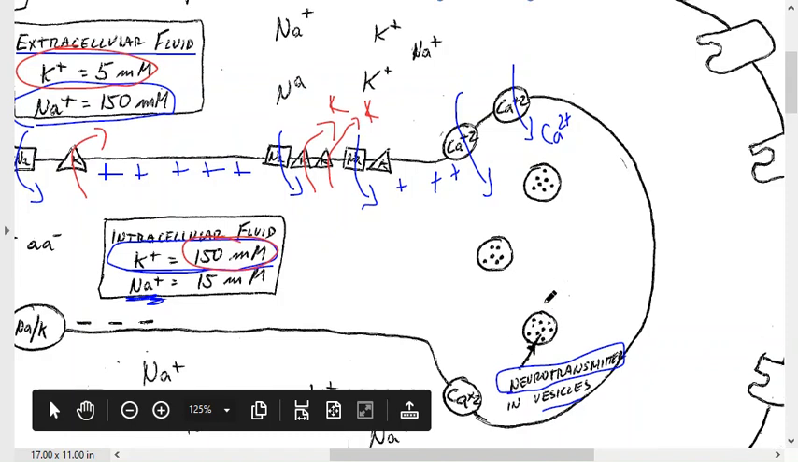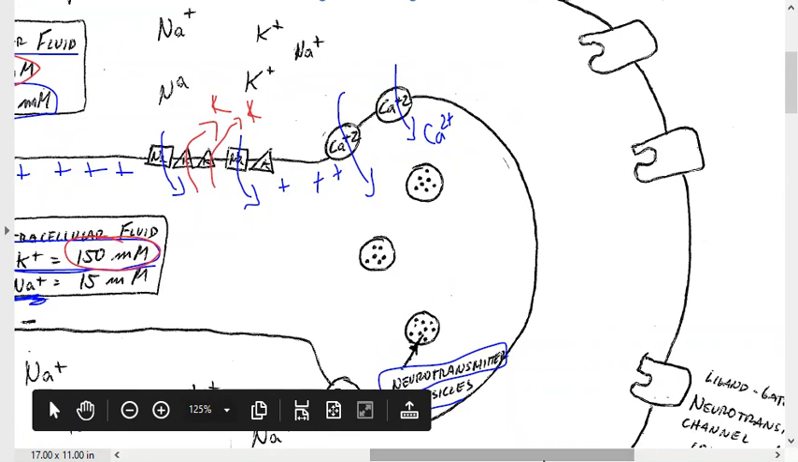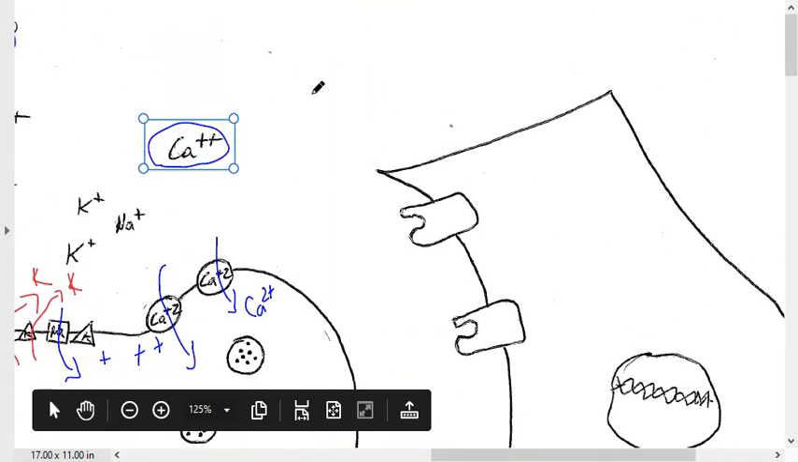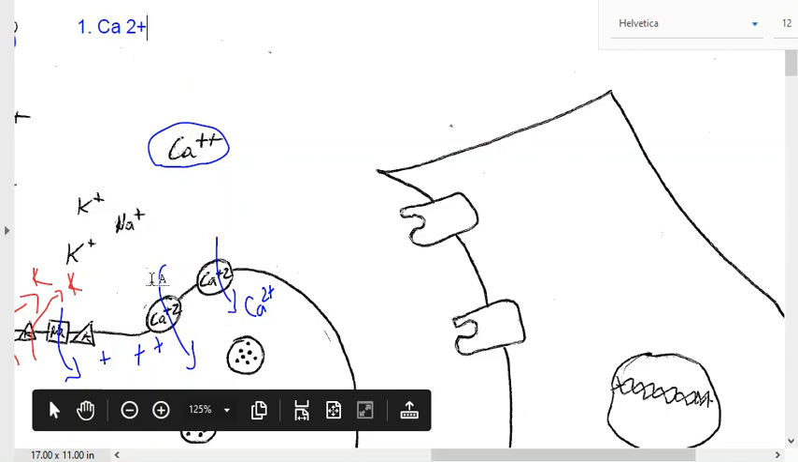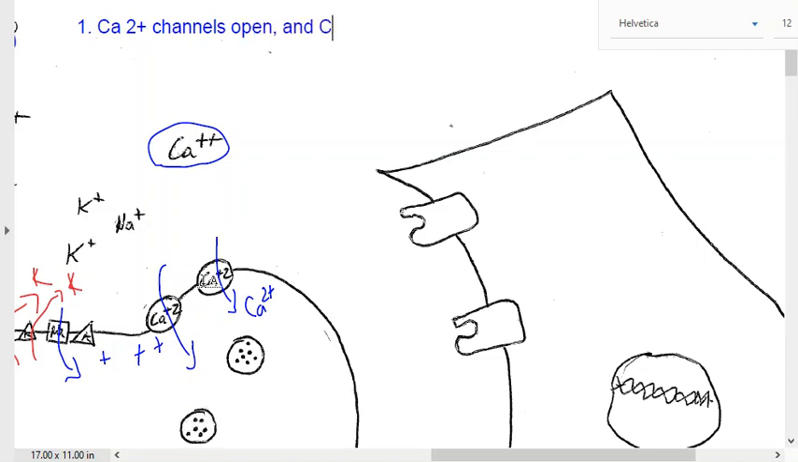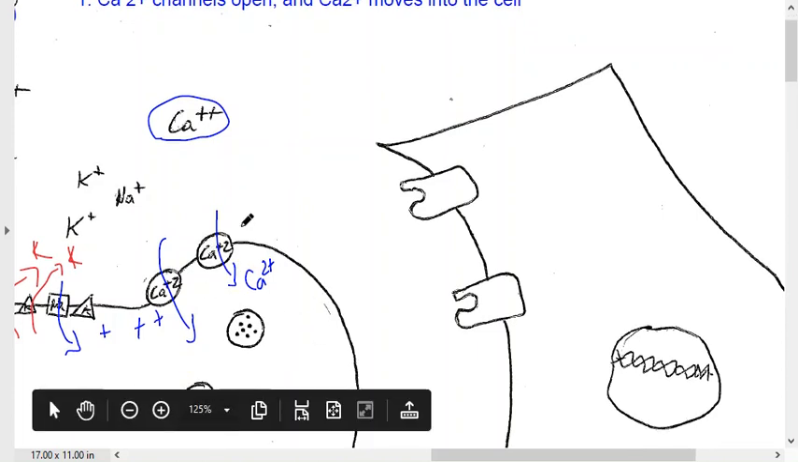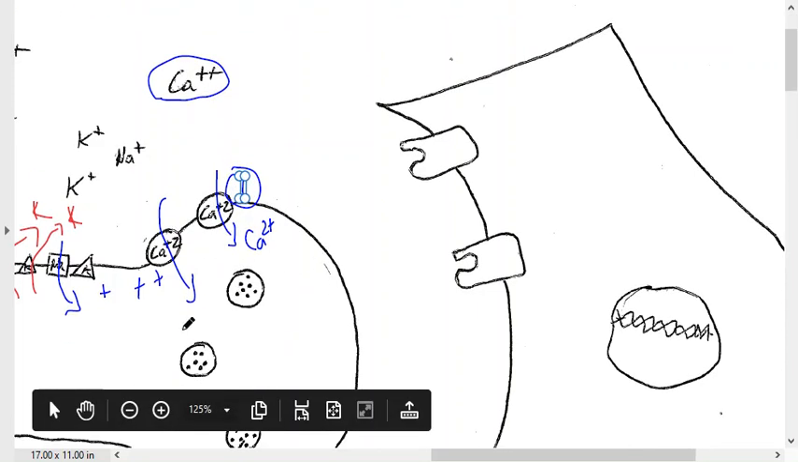So here are the steps to that. Let's add the steps up here. The first step, step 1, is that calcium, as it diffuses into the original host cell, the original cell on the left here, calcium channels open and calcium moves into the cell, the neuron. That's step 1, right here. Step 2